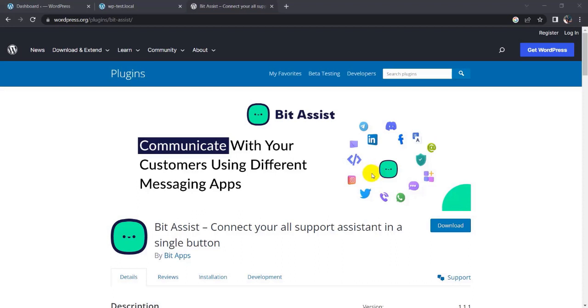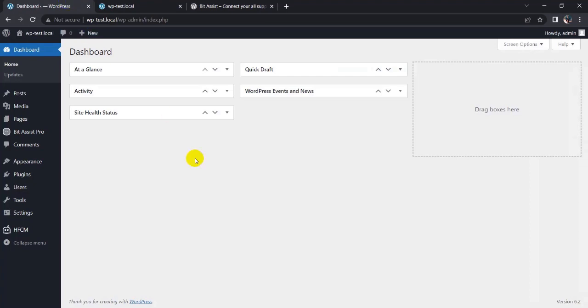To add a Google Maps button on your website, I am using the BeatAssist plugin. So let's go to the WordPress dashboard. As you can see, I have already installed the BeatAssist plugin to add a Google Maps button on my website. So click on BeatAssist Pro,